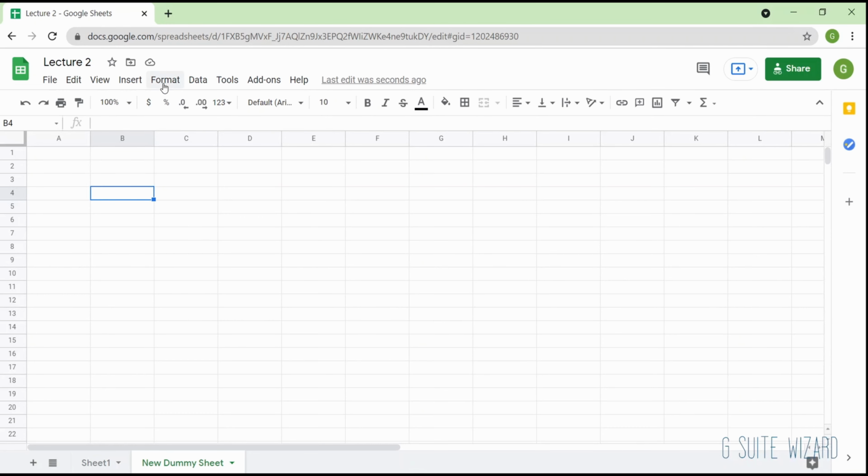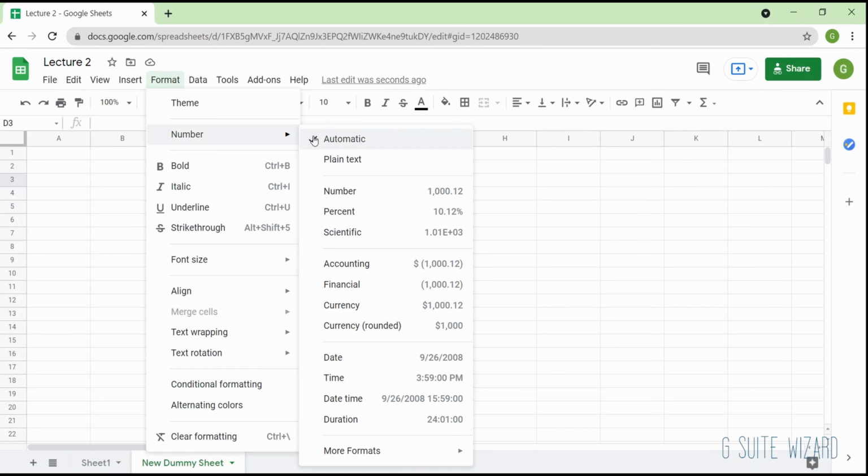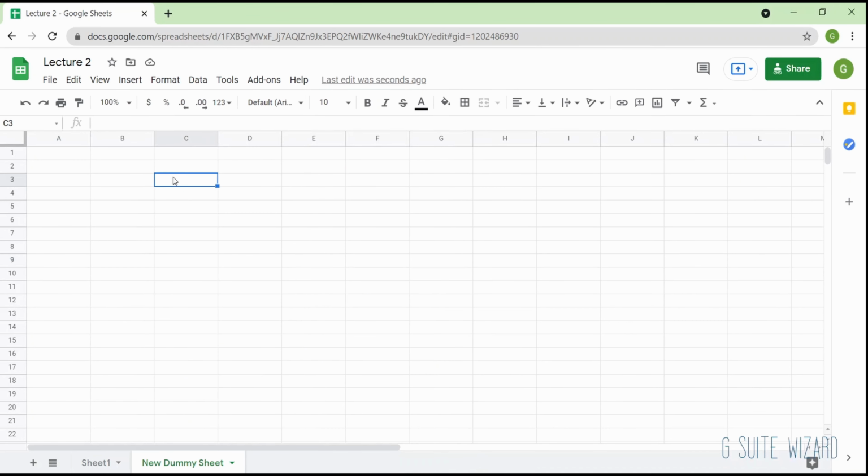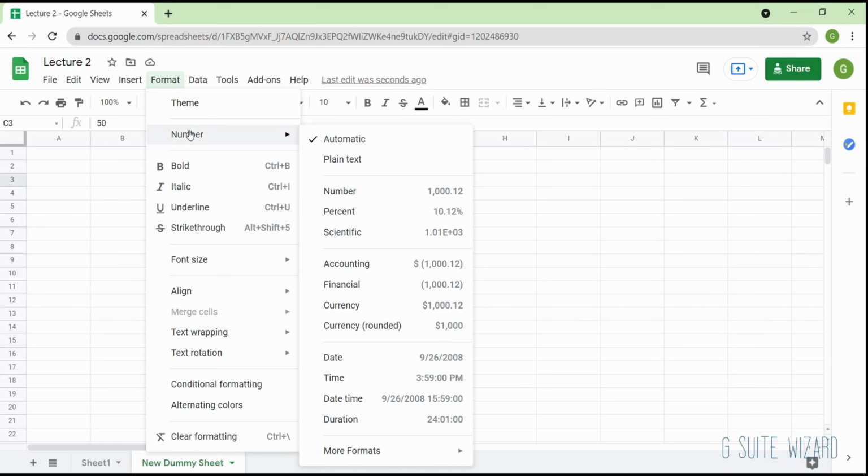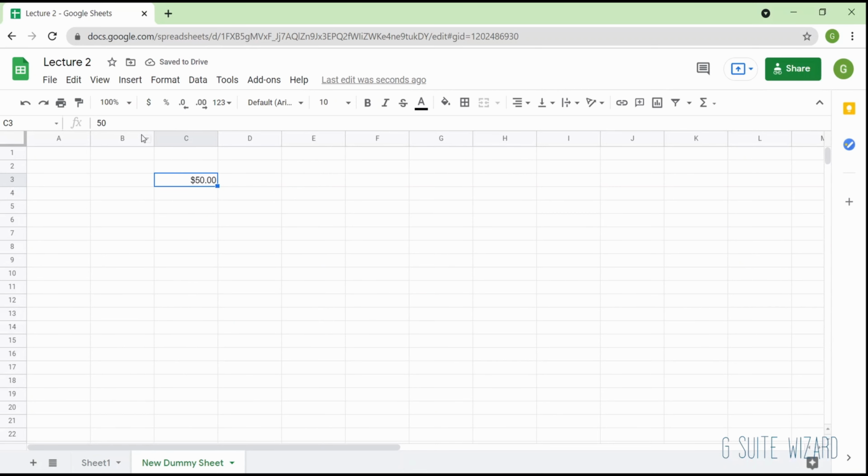You can also change the format from here. Number, and there are different options given inside numbers, and we can change it. Let's say I want to reference this as $50, right? Then I can either use the currency option over here. There are a few shortcuts given, but let's go to format, and then I can see currency over here. I see that it's with the $ symbol right now.